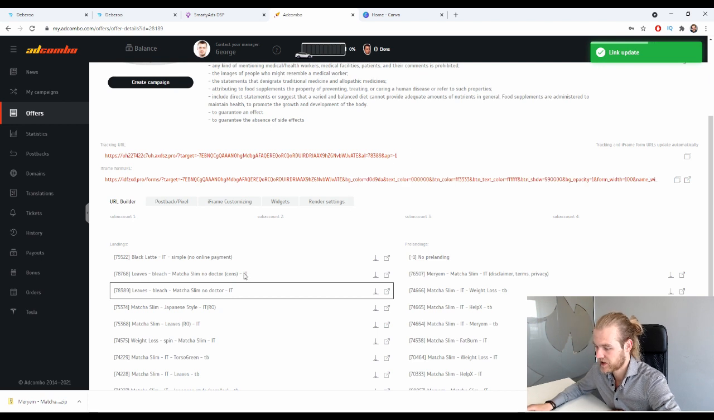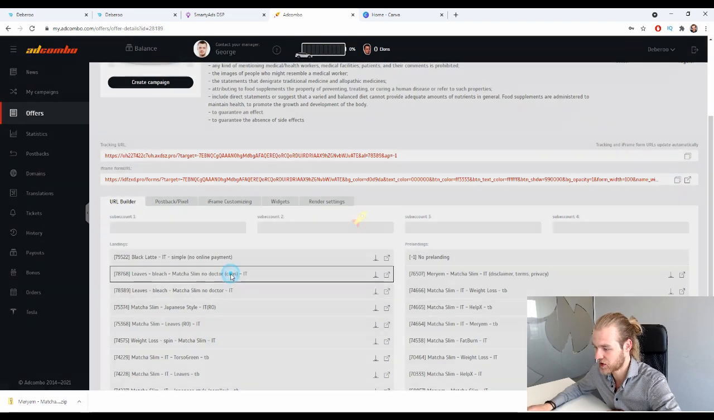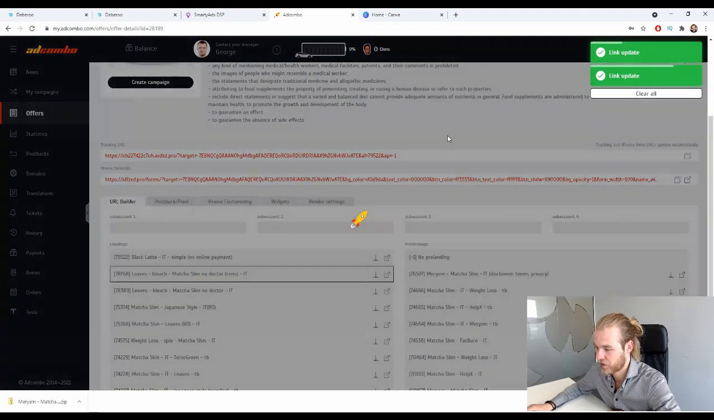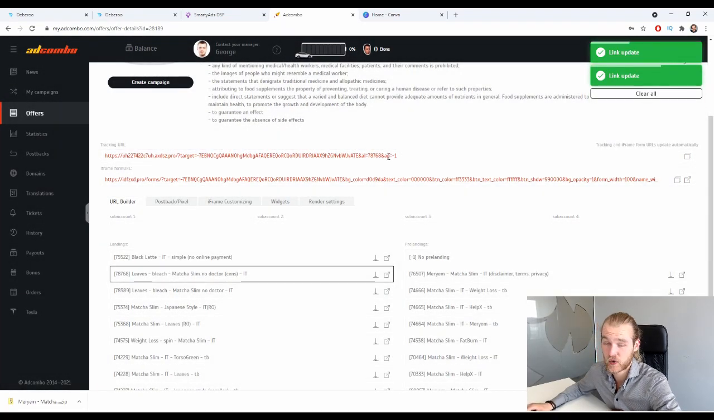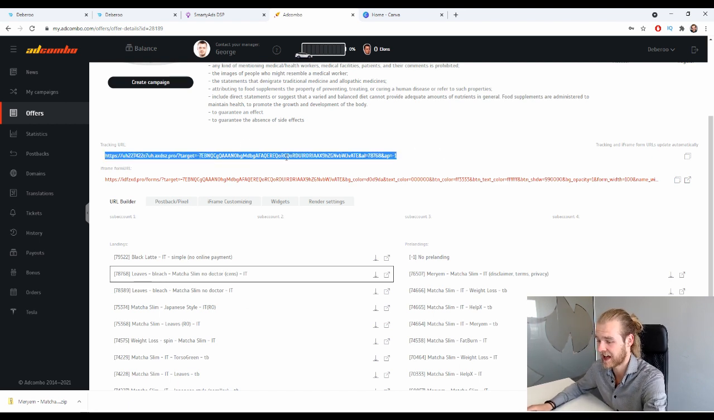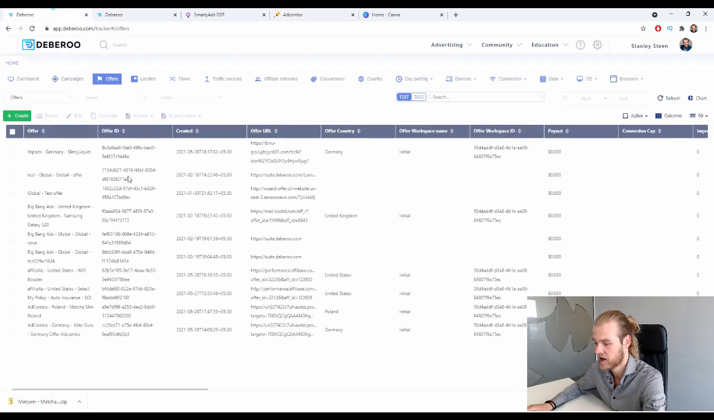Okay, so as you can see, look at this link right here, the top one, the tracking URL. It changes when I choose a different offer page. You see the number changing? So that is corresponding to the different offer pages that AdCombo has available for you. So make sure you select the proper offer page that you want to use. And then once you've done that, copy the tracking URL, go back to the tracker, and we're going to create